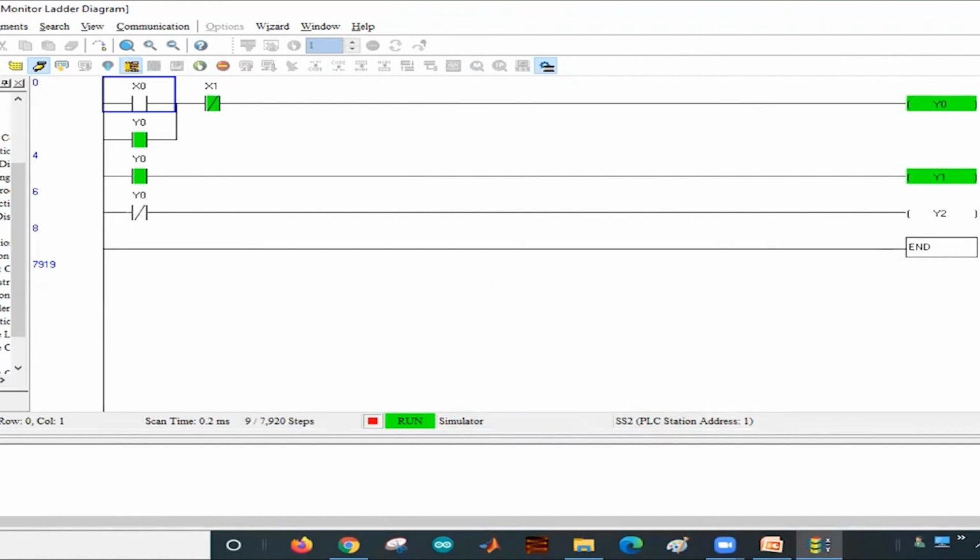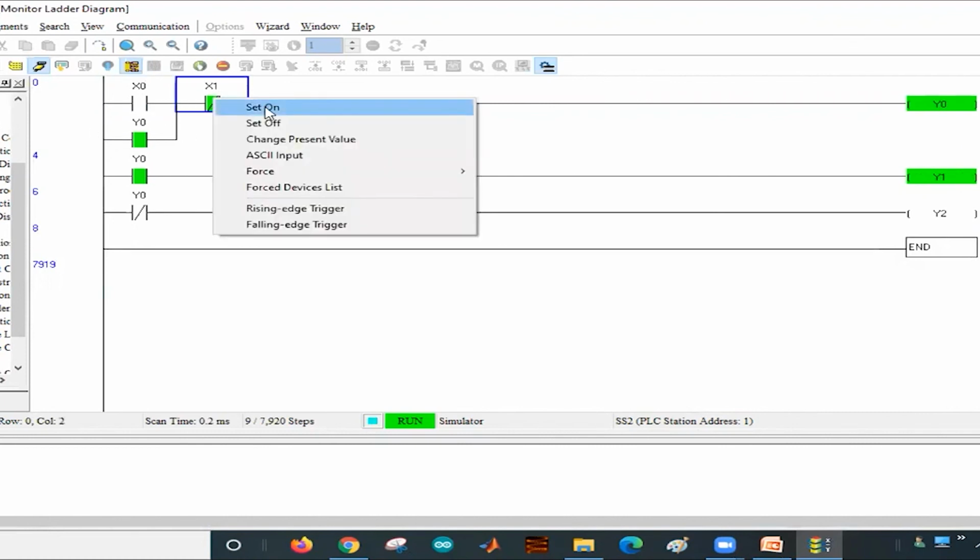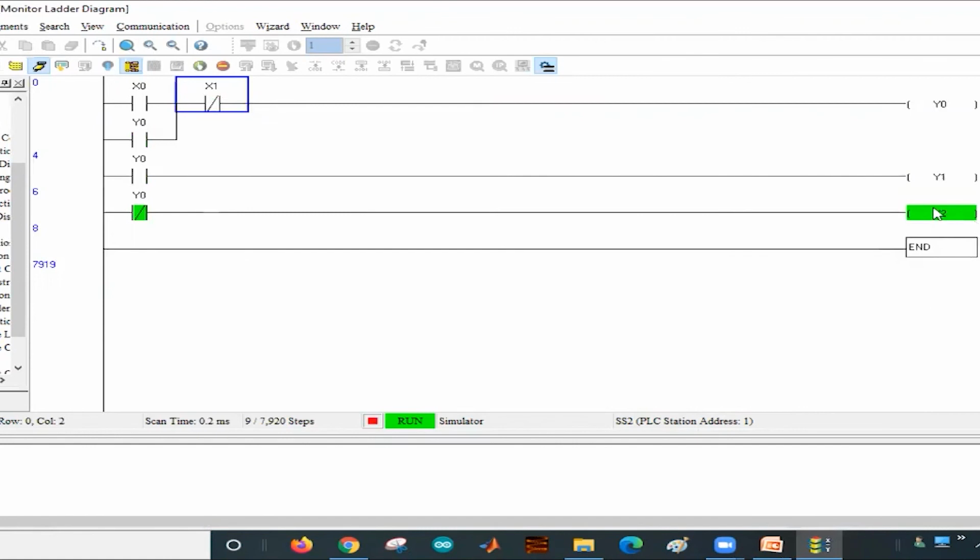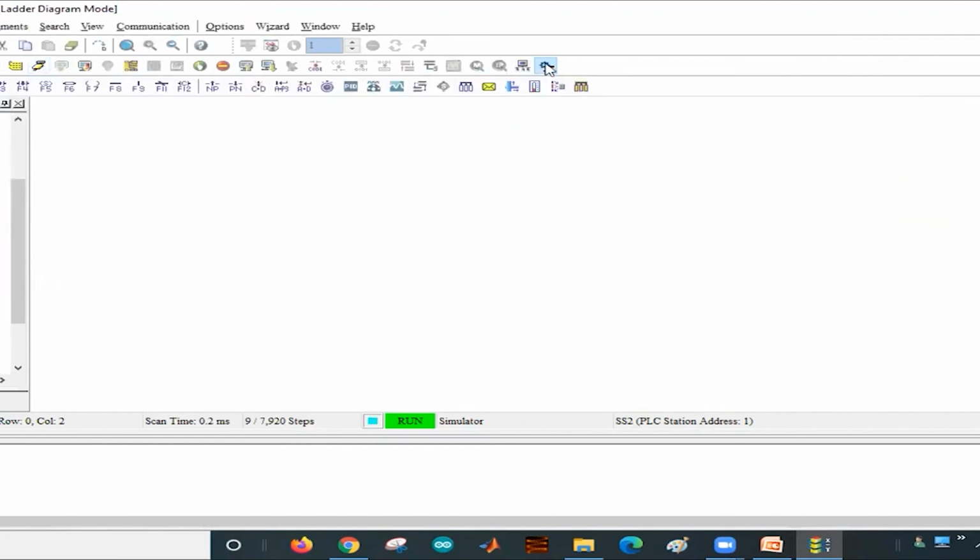So when the motor is running, the green light should glow. When you press stop, the motor will be off, then the red light will glow. Like this, you can extend the program to your indicators.